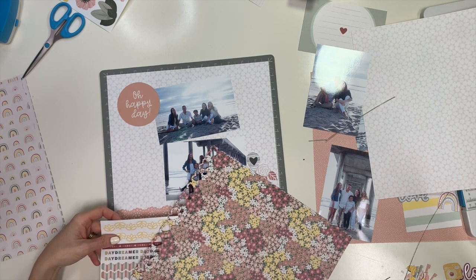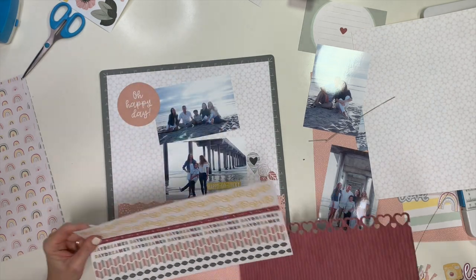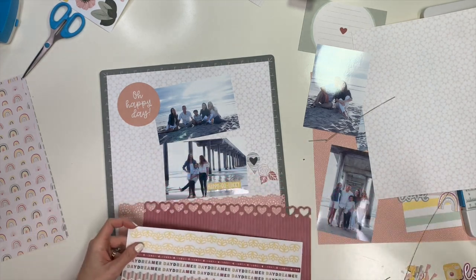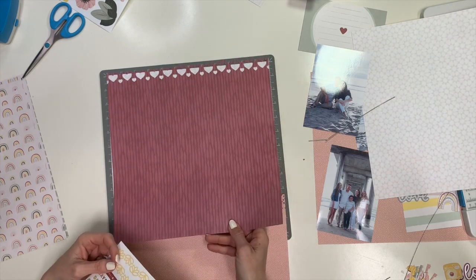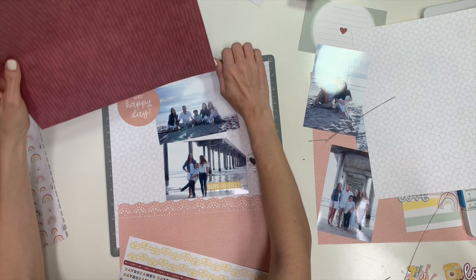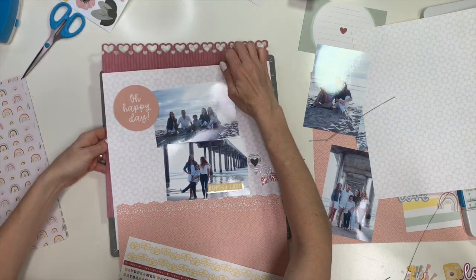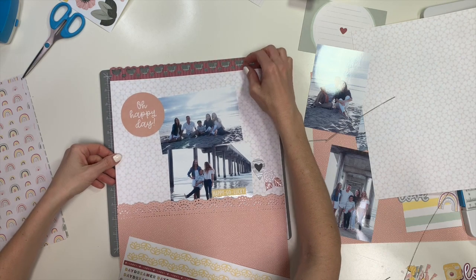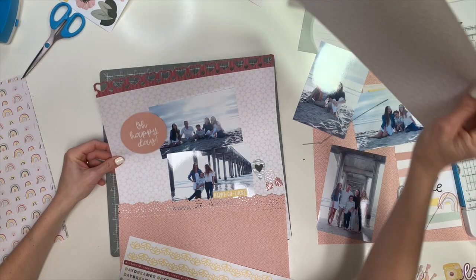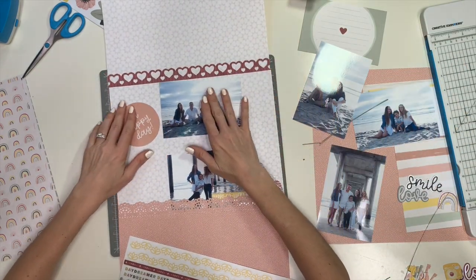Whoa, definitely not. It looks good, but maybe I put it along the top. So if I cut it, but we'll test it out by doing this before cutting it. So we can, oh wait, that doesn't work because then I don't have the paper. I guess we could go like this and kind of get an idea. There we go. So if I had it along the top,